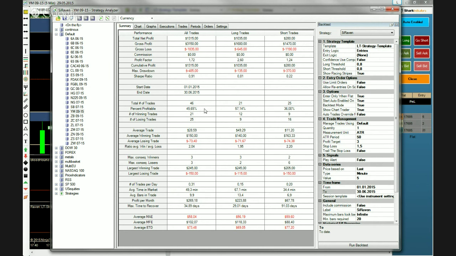Just one contract here. You could ramp that up a little bit to maximize here. We have a profit factor of 1.72. Keep in mind though that this is not reflecting commission and slippage, so you need to factor that in as well. I just wanted to do a quick test of this to make sure that this was a sound concept,